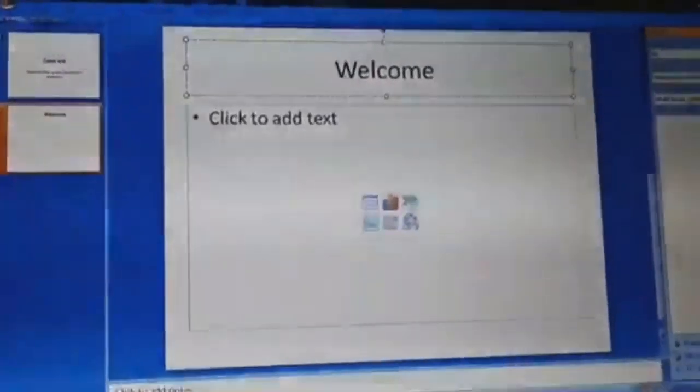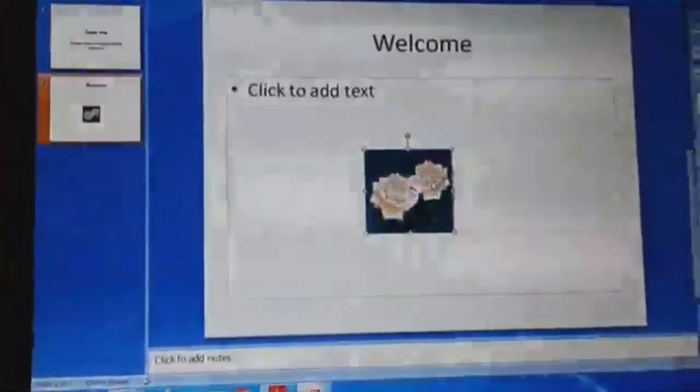So when you click on clip art, on the right hand side, this is the clip art pane. Suppose I want to choose any game or any flower from here. Click on it and you can insert your picture here. Fine.